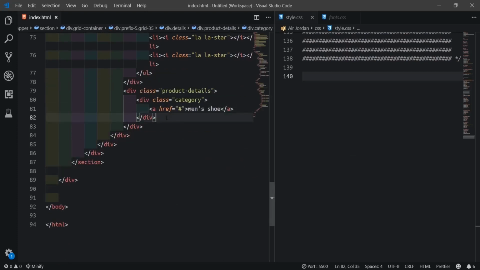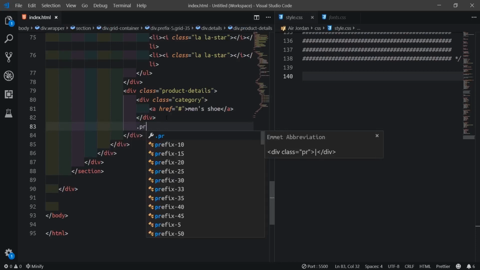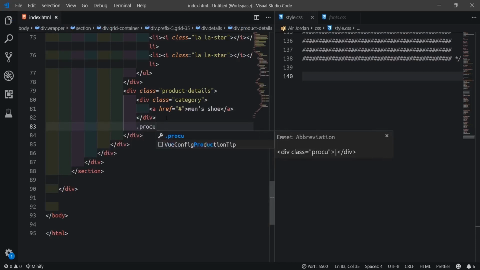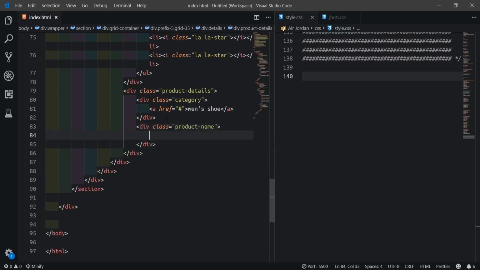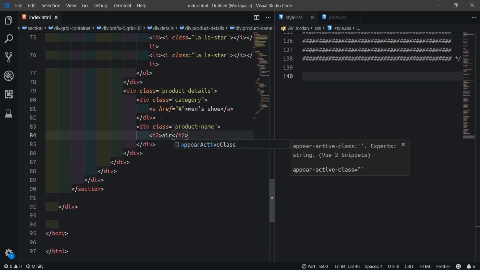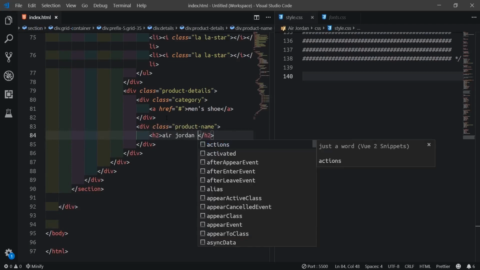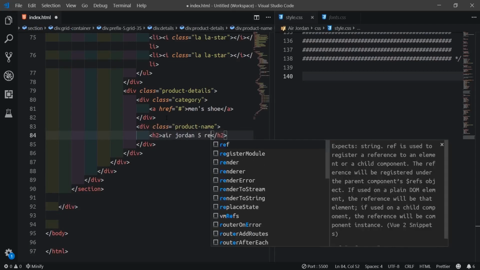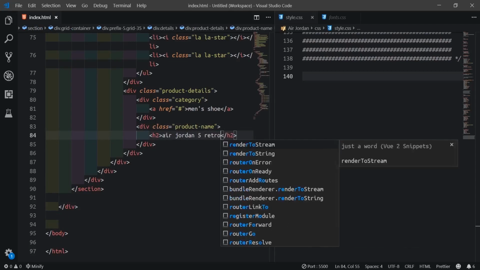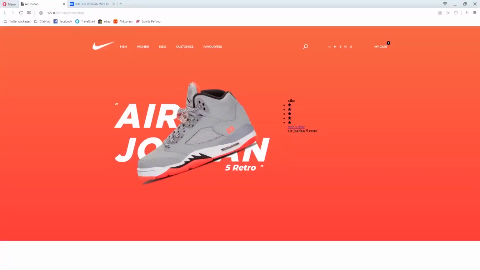Then after the category, the product name, H2, Air Jordan 5 retro. So just to make sure we're on track, we have men's shoe, Air Jordan 5 retro.